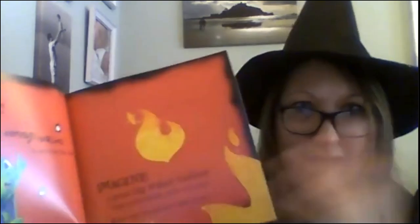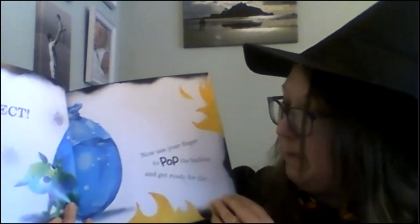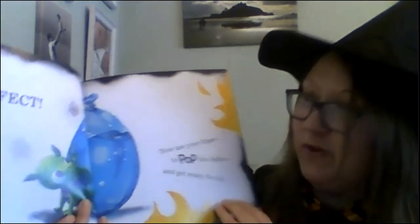Imagine a great big water balloon right in the middle of the next page. Make sure it's full and ready to pop. Okay, I'm thinking of it in my head. It's huge. Ready? There it is. Perfect. Now use your finger to pop the balloon and get ready for the...